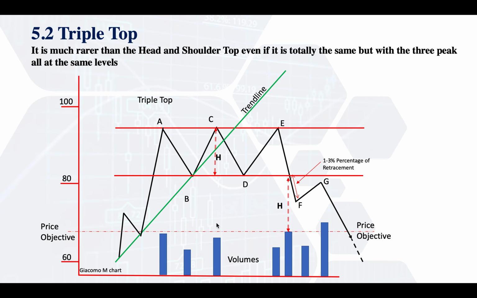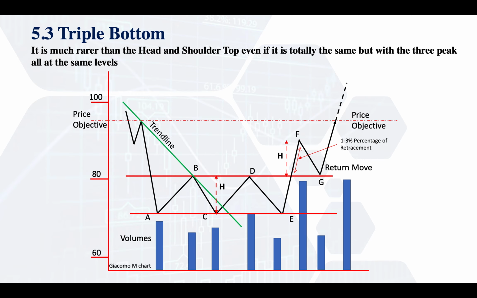Same concept, the same volume. They will lower down from the A, C, E peaks, and we are expecting high volume at the breakout point. Exactly the same for the triple bottom. It is exactly the same concept, everything the same, just a little bit more volume at the breakout, as already explained